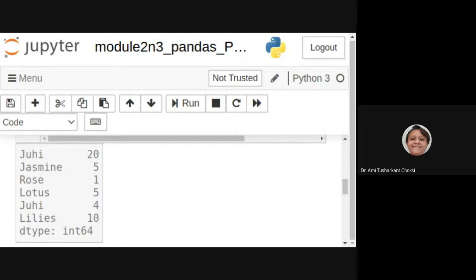Okay, so do not get confused that we have Juhi twice and still it is not showing duplicate. It is because it is the index, not the value inside the series.